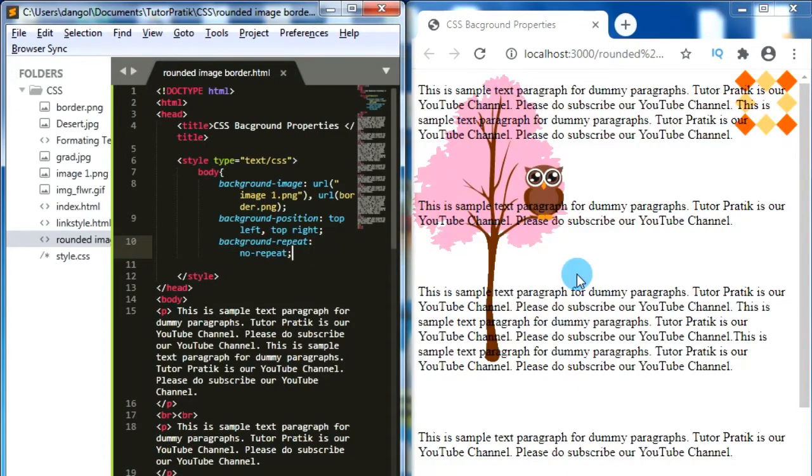Here we can see that we have two background images. The first background image is positioned to the top left side, and the second background image is positioned to the top right side. And again, to make it easier, you can define all these properties in just a single background property, like